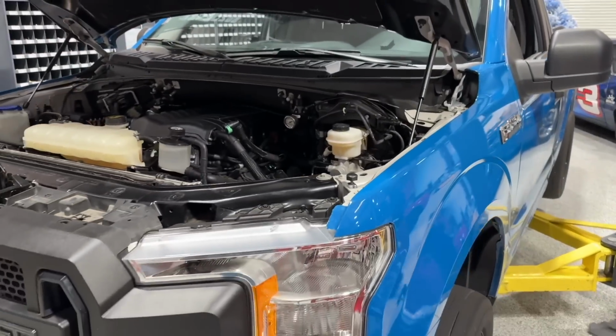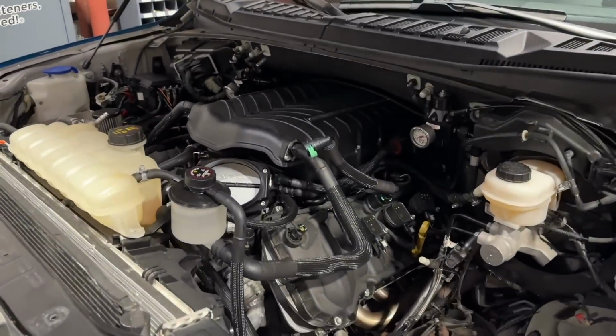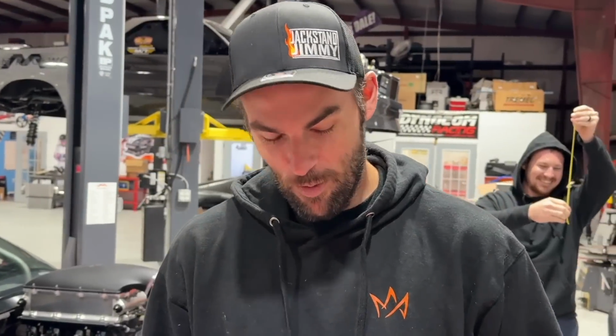Well, we're about to pull the engine out of this thing so we can get it up to TKM. Probably going to end up putting a crank support on her. It's inevitable with these 5.0s with the blower. They're just going to break. Well, yeah, we're going to start pulling the...